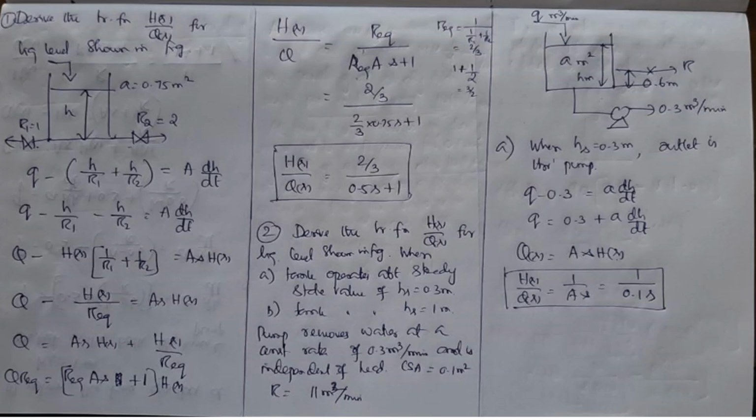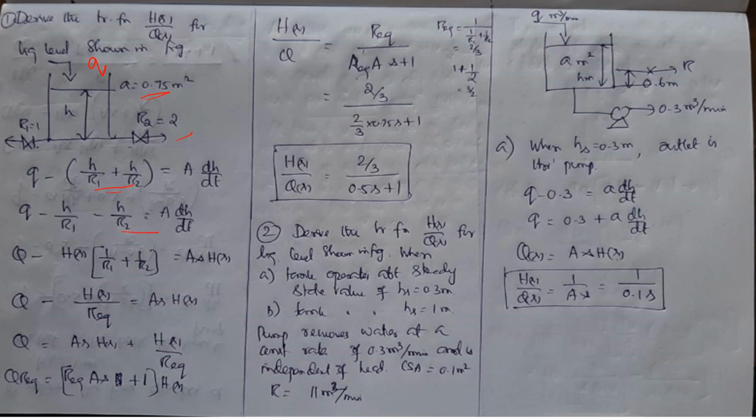Okay, so one more example. This is the tank, and you need to derive the transfer function for this. For the tank, the area is given, capacitance is given, R2 is given. Here there is only one inflow but two outflows. So the formula is inflow minus outflow equal to rate of accumulation. Inflow is Q, and outflow, we know that flow rate is given in terms of H by R, so H by R1 on this side, H by R2. Since there are two flow rates, you have to add them and subtract from the inflow rate. If you have 3 or 4, we have to do that: